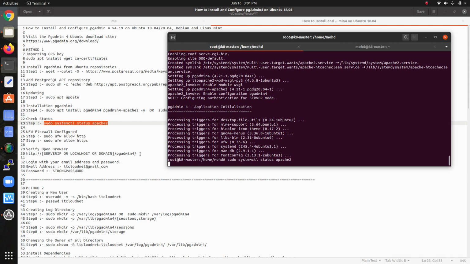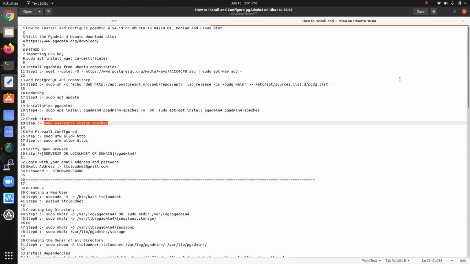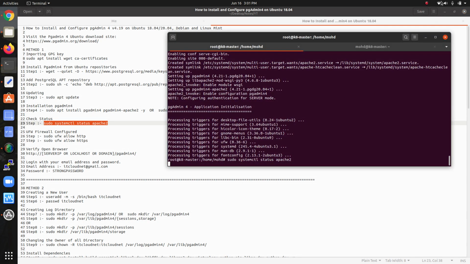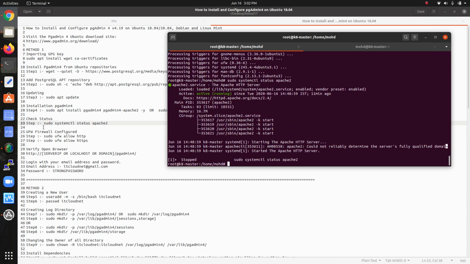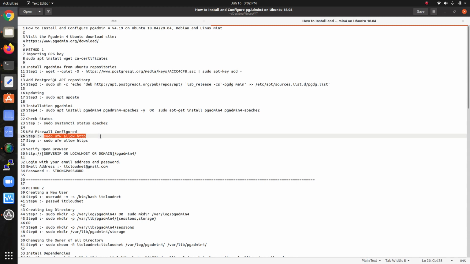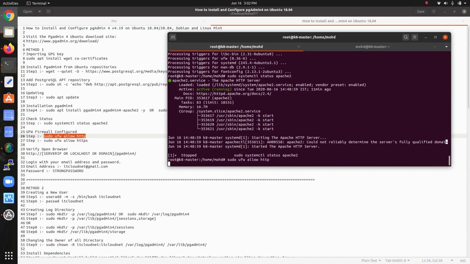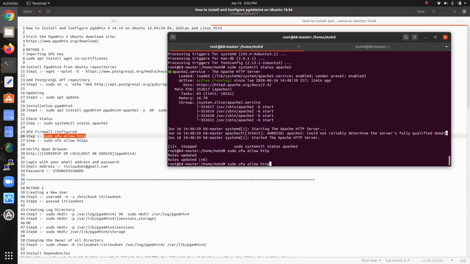Let's wait a few minutes here. And let's close this one, and here we just need to copy and enter it. The same for HTTPS.